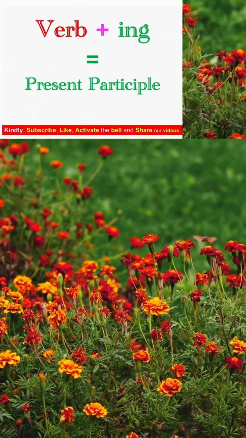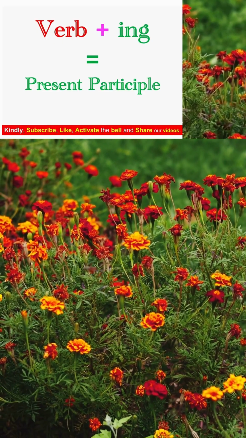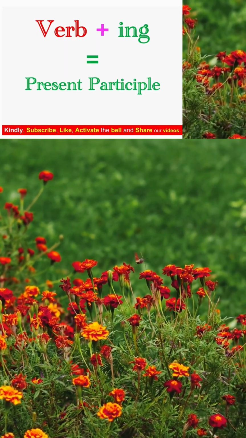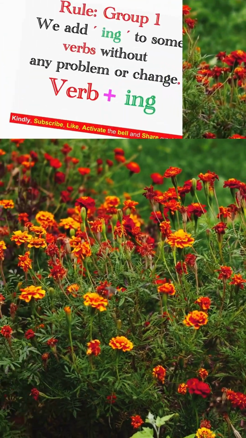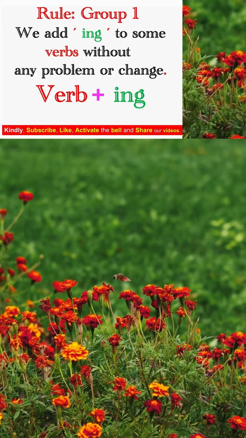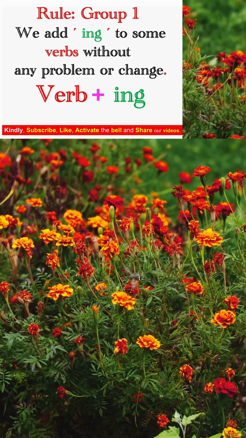Verb plus ing is called in English grammar present participle. For you as a beginner, level 1, remember just verb plus ing. So we have groups and we have rules for each group. Rule group 1